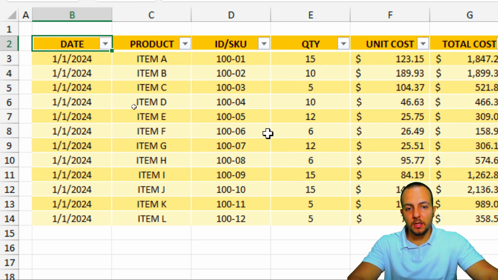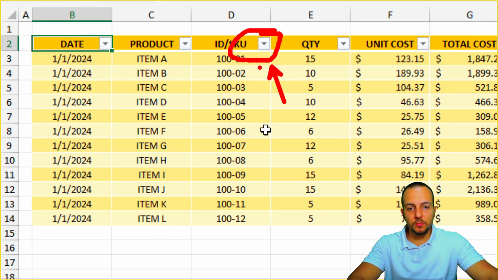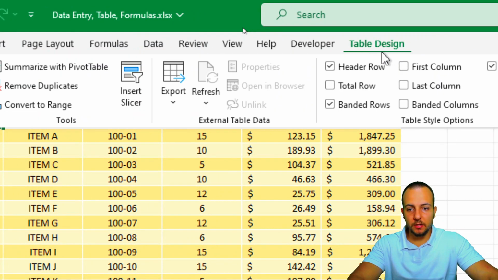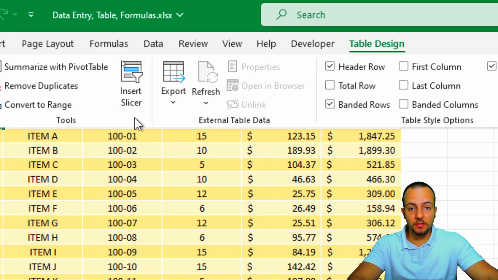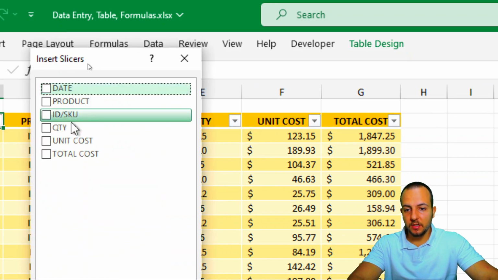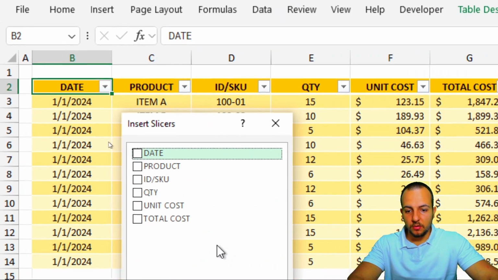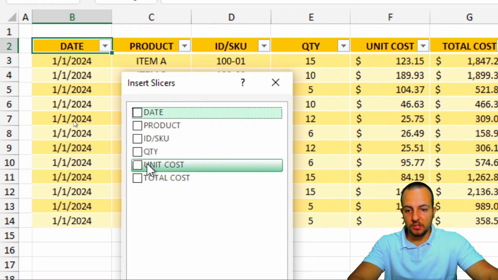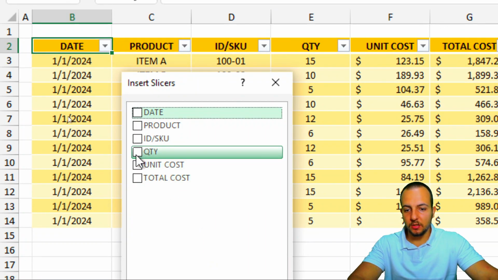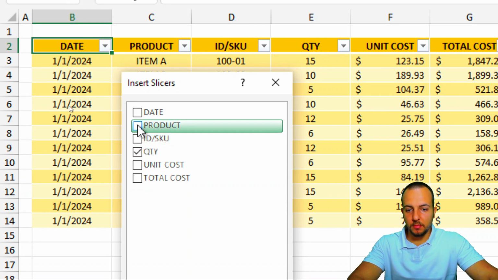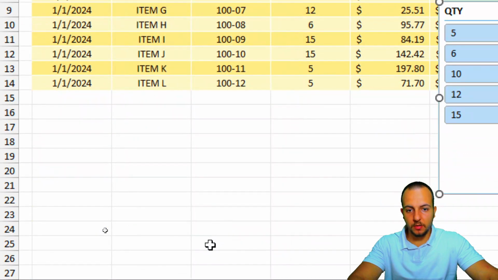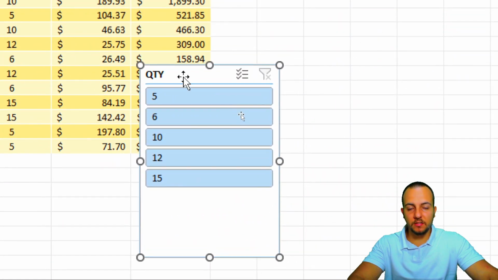And the fourth one, instead of using the filter that is just right here to the right of each one of the headers that we have, I can click Table Design and I can add a slicer. A slicer basically is a tool that can filter the data for us. So let me click here, Insert Slicer, and I'm gonna use a slicer using as reference the information that I have in stock, let's say quantity. I can check here. If you want, you can check more options, but I'm gonna stick just with the quantity,